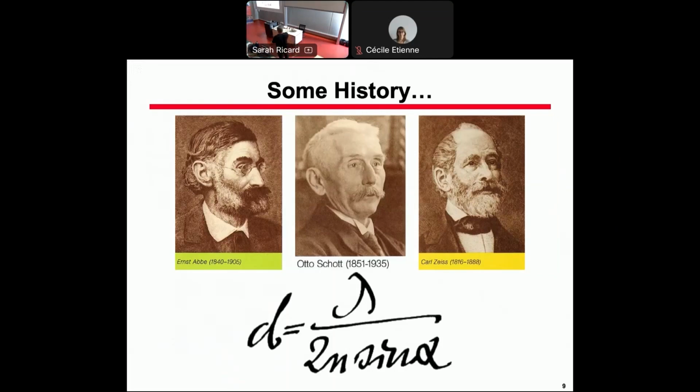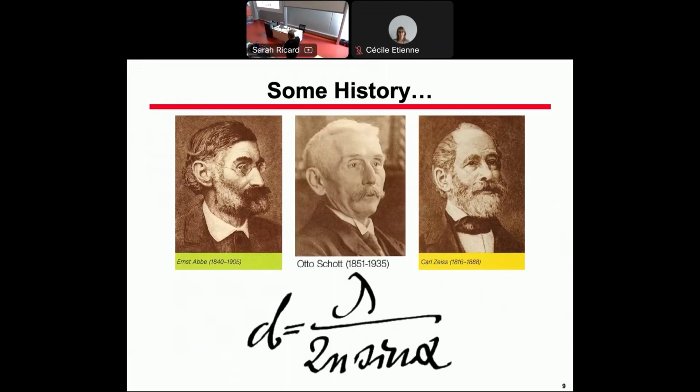We can publish, we can do whatever we want, no way to have better objectives. So Ernst Abbe, who was aware of the Fresnel diffraction theory, applied the theory and came to this conclusion, the famous Abbe law: the resolution as a function of the wavelength lambda divided by 2